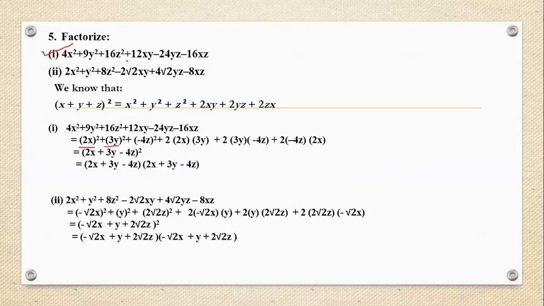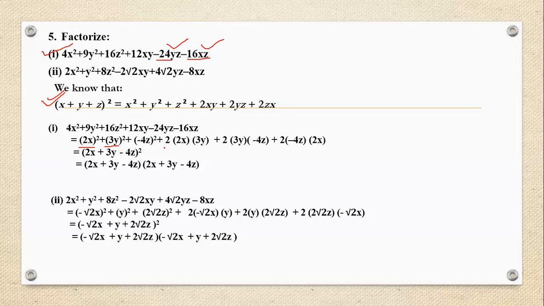Then 16z square. Here we have the negative terms also, so it's very important to identify where the terms are negative. This will tell you which term in your trinomial will be negative. So the identity involved is the previous one that we have done in question number 4, and then we rearranged it according to the requirement of the question. So the rearrangement has been done here.